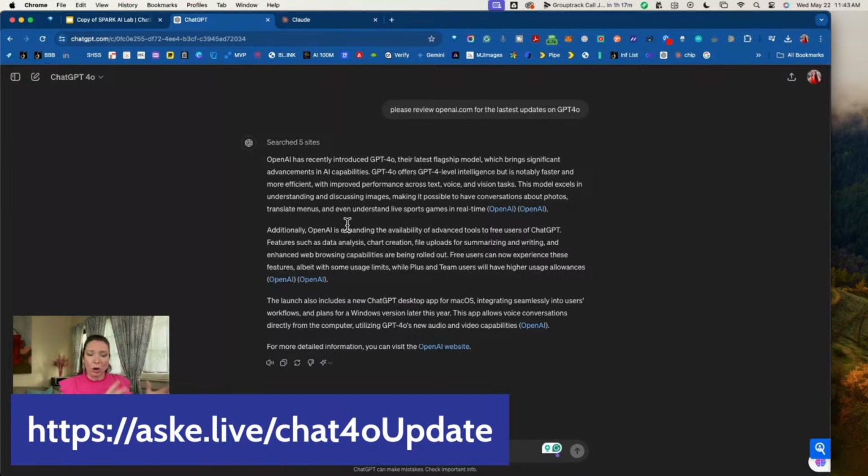But you can see that this now sort of starts to put everything into one work stream. So when you think about going out and sort of searching for information and then bringing it back in here and having to attach it or paste it in and those types of things, this is really starting to streamline where you do not have to be in multiple places. You can really just be in one place.